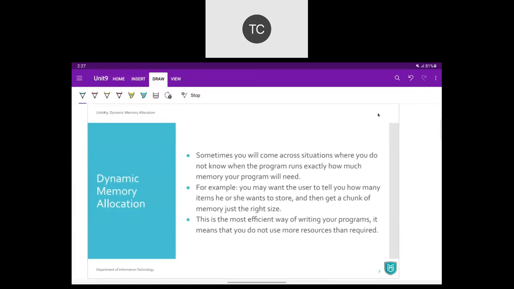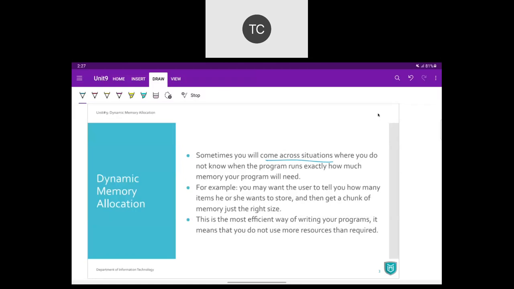Now let's understand why we need dynamic memory allocation. Sometimes we come across a situation where we do not know what amount of data the user is going to give us. We don't know whether the user will require 60 student details or 10 student details or 5 student details and so on. So we are not sure whether the end user is going to store 5 student data or 15 student data.